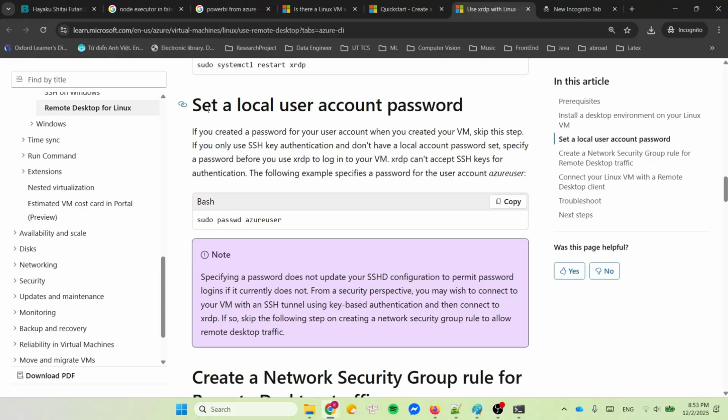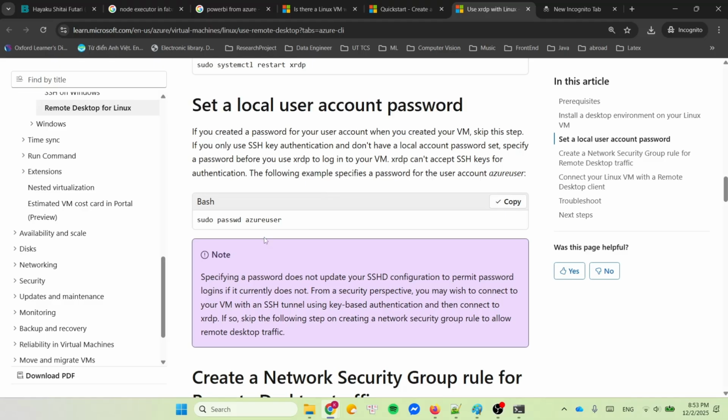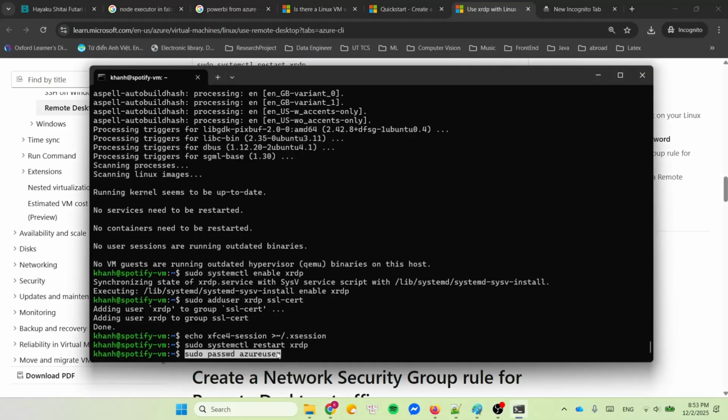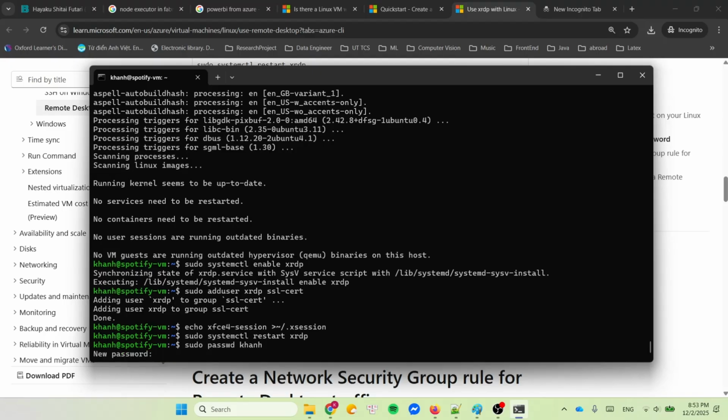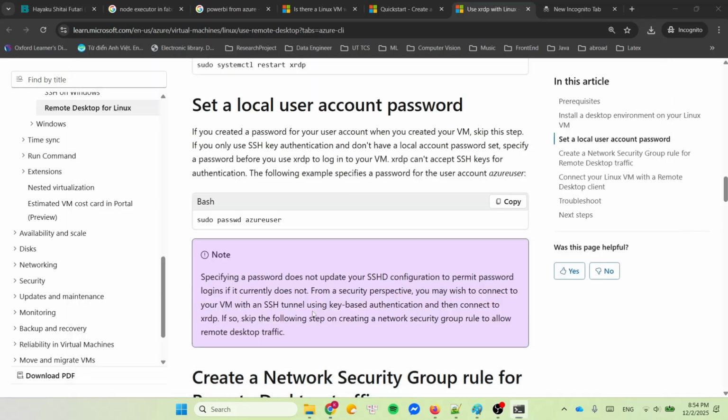Okay, and now we have to set a local user account password with this command, sudo passwd, and following this will be the name of the Azure user, but I will just use my name then, and type in your password. Okay,